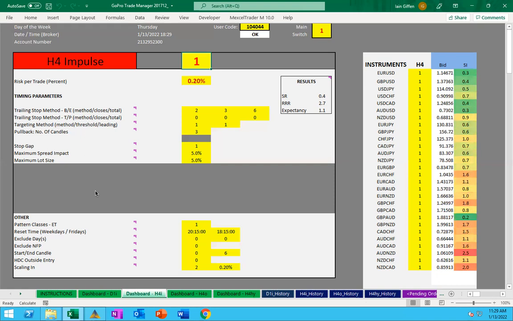The hybrid strategy is a demanding strategy to trade. It is a very convex strategy. When we look at putting together a portfolio of strategies, it is very much on the left end of the convexity spectrum. So you need to get a more bread and butter type strategy, like a standard targeting H4 impulse, working first for you, because you will need to apply them effectively together. And as you will see, they do actually work hand in hand.